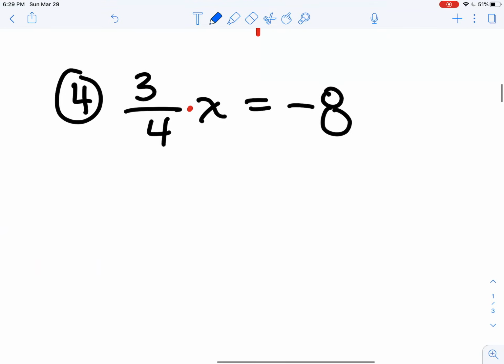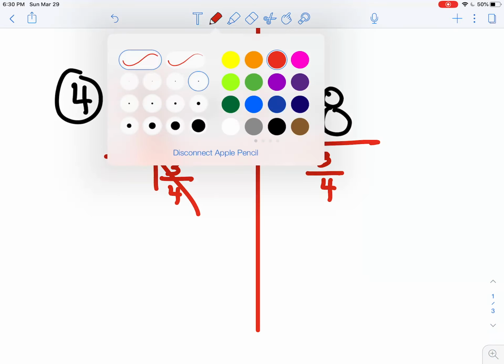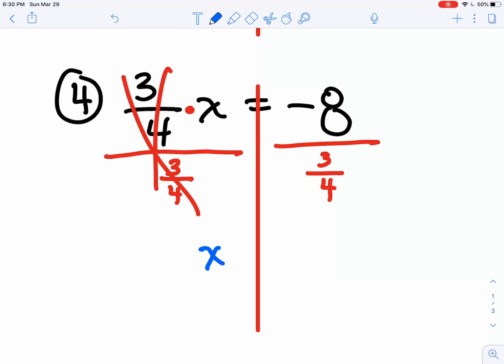Number 4. If you look at number 4, I have a fraction, and that fraction is being multiplied by a variable. Even though it's a fraction, you have to identify what's happening between the number and the variable. That's multiplication. So the opposite of multiplying by 3 over 4 is going to be dividing by 3 over 4. On the left, the 3 over 4's cancel, and I drop down my x. On the right, when you type this into your calculator, you want to type in negative 8, the division bar, 3 ABC 4, and that gives you negative 32